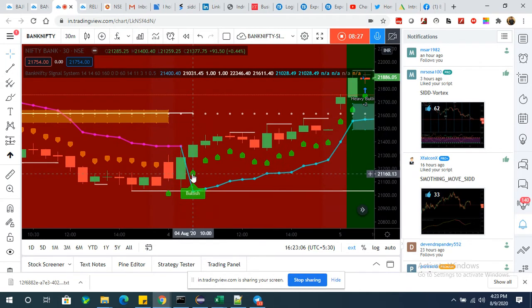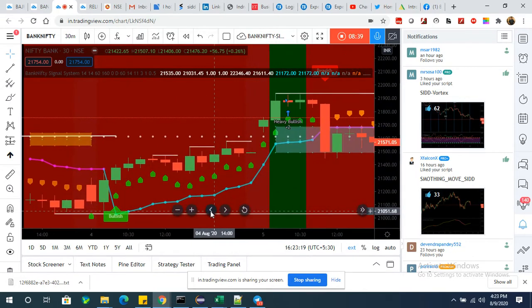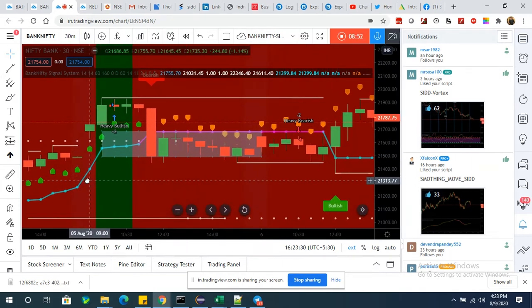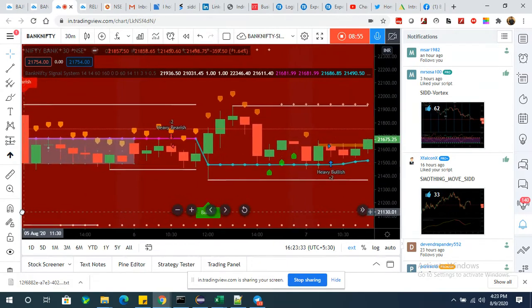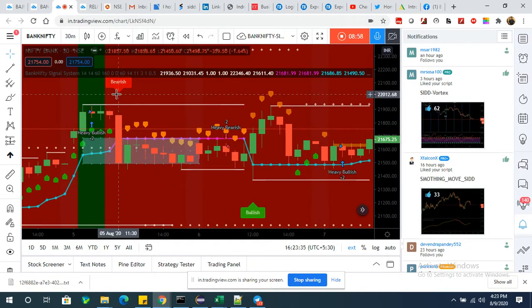Now you see that the bullish signal came here, arrows are upside. These arrows are exactly the third signal, and the third signal is saying that the trade you are in right now is good to hold. And unless this signal turns, on a closing basis, into orange, don't close your trades. Okay. So you see here your bearish trade was there, orange signals were properly coming, that means you are good to hold this trade.